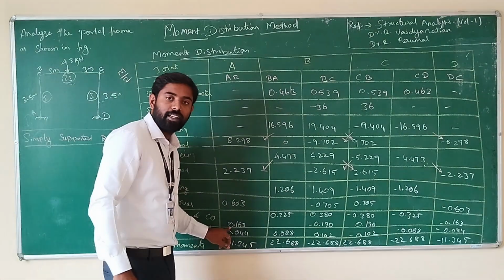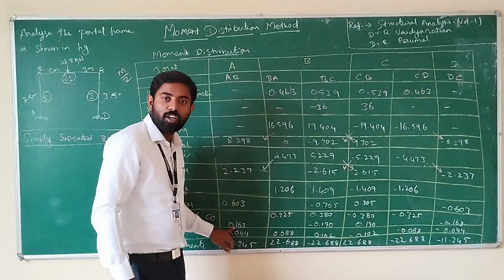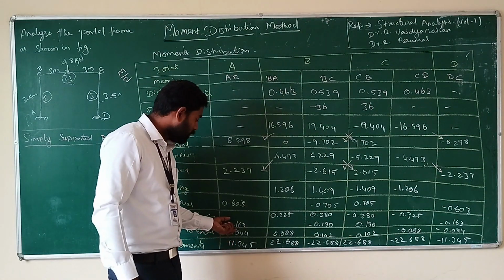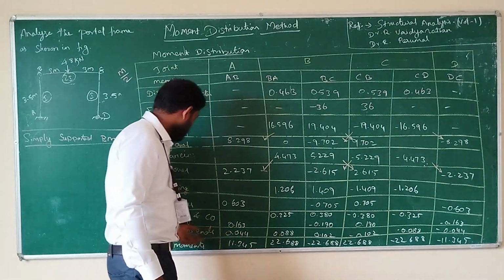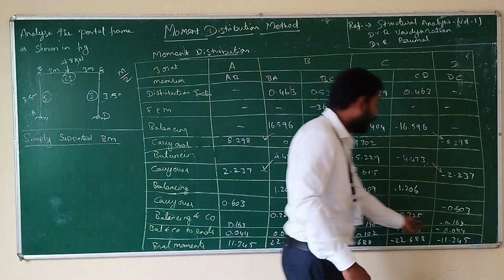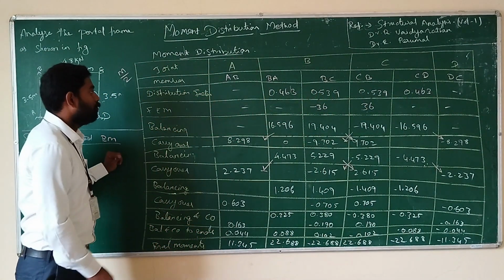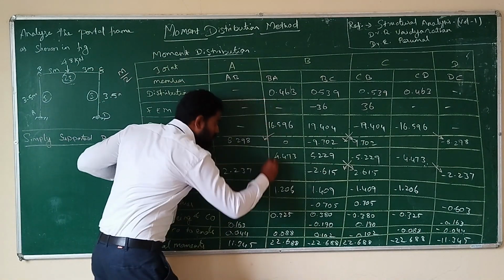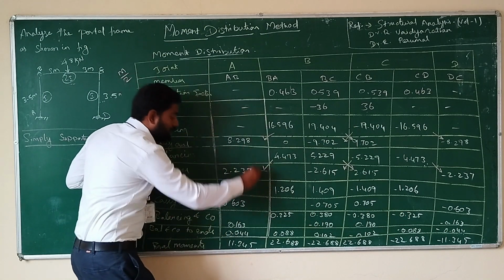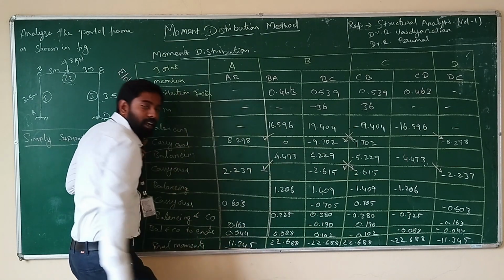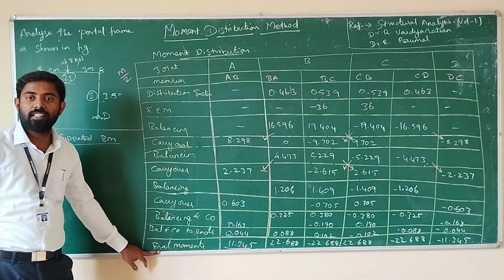Here we can find out that the next step is the last final value. So here minus 0.1 divided by 2, minus 0.05 something. So we can easily find out that this value will become 0.0 something, and this will be the last step. With this balancing and carryover to the end value, we are calculating the balancing and carryover moments. And after that, we need to add all the moments from fixed end moments to the end carryover moments. And by adding all the values, we can get the final fixed end moment value. So these will be the final moments at the joints.